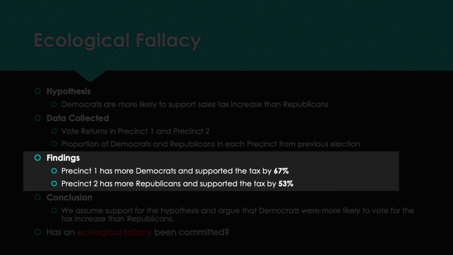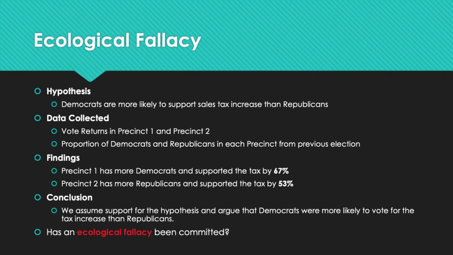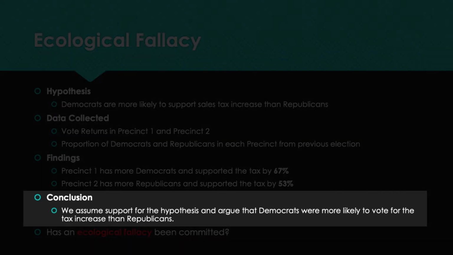Well, we know that Precinct 1 has more Democrats based upon the election results in a partisan election, and that precinct also supported the tax by 67%. We also found that Precinct 2 has more Republicans, but they supported the tax way less, by about 53%, compared to Precinct 1 that supported it by 67%. So we might assume that support for the hypothesis has been demonstrated here, and argue that Democrats were more likely to vote for the tax increase